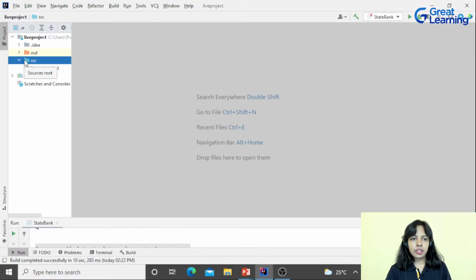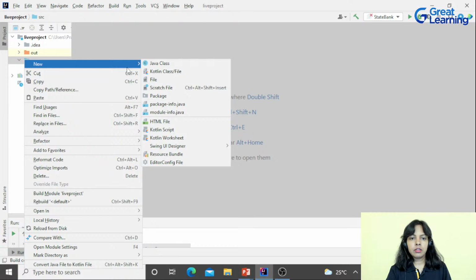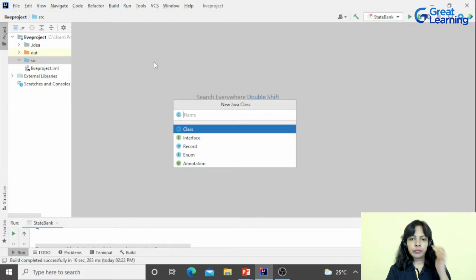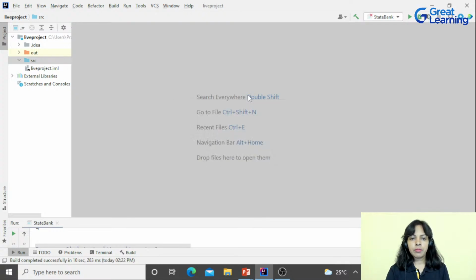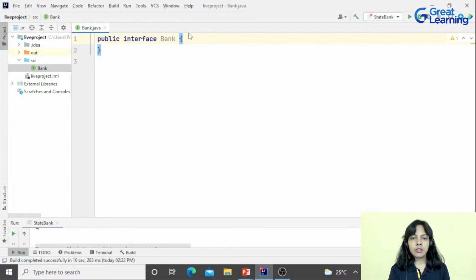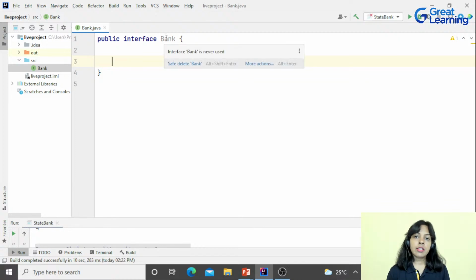I've created a project here already. In this, I'll go to New, and then here itself, Interface. I'm clicking on this Interface, and then I'll provide a name to it. Suppose Bank. I'm going to develop a banking application as a full-fledged example for you. So interface Bank. Press enter. You can see here it is using the keyword interface, then public, and then Bank. So, guys, interfaces are always public.